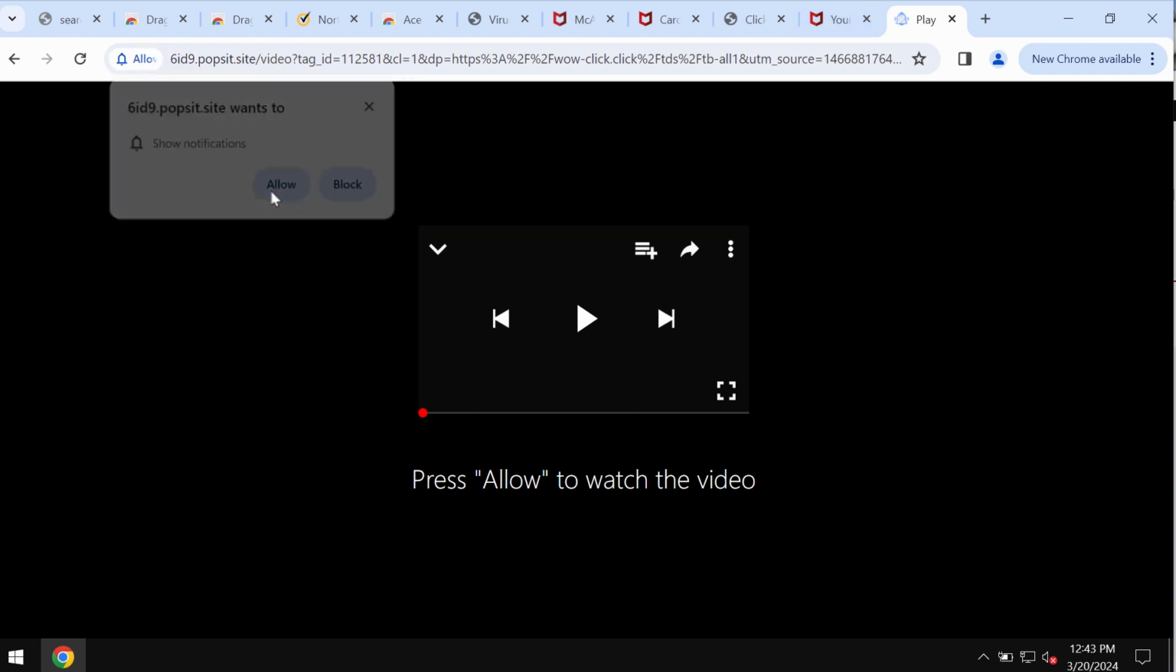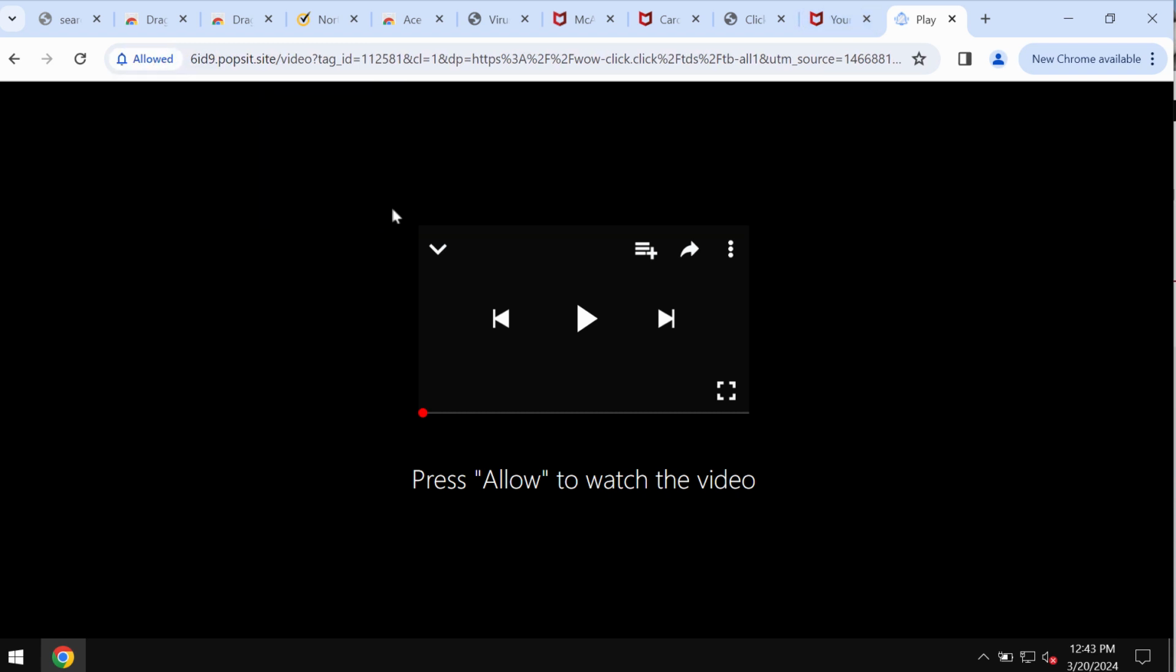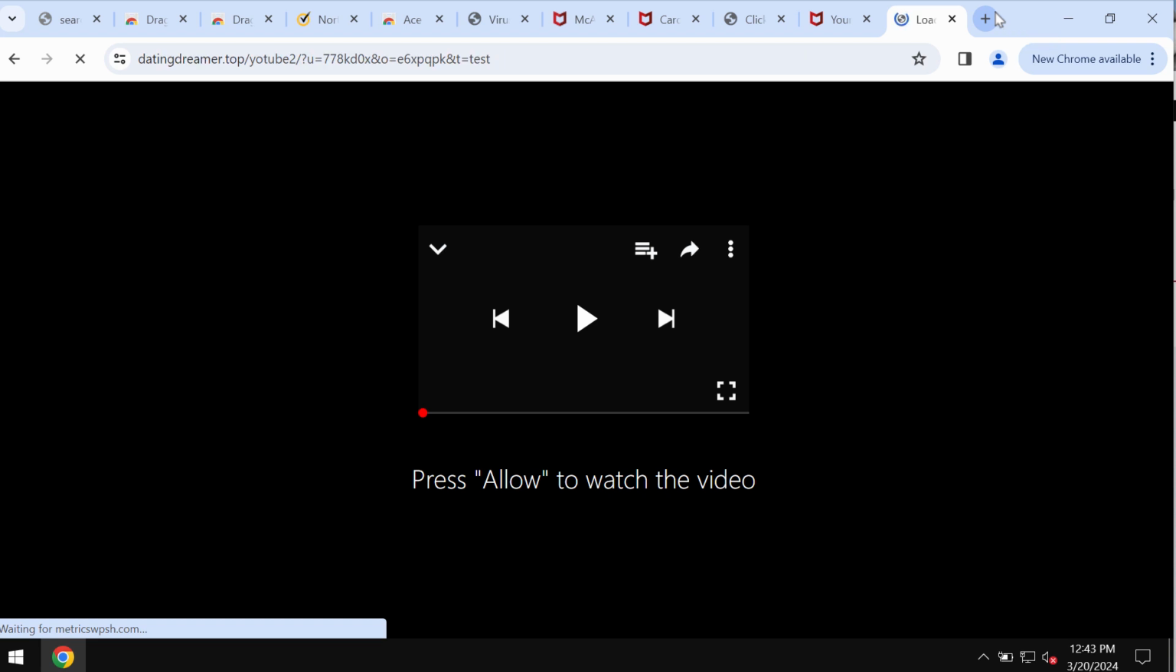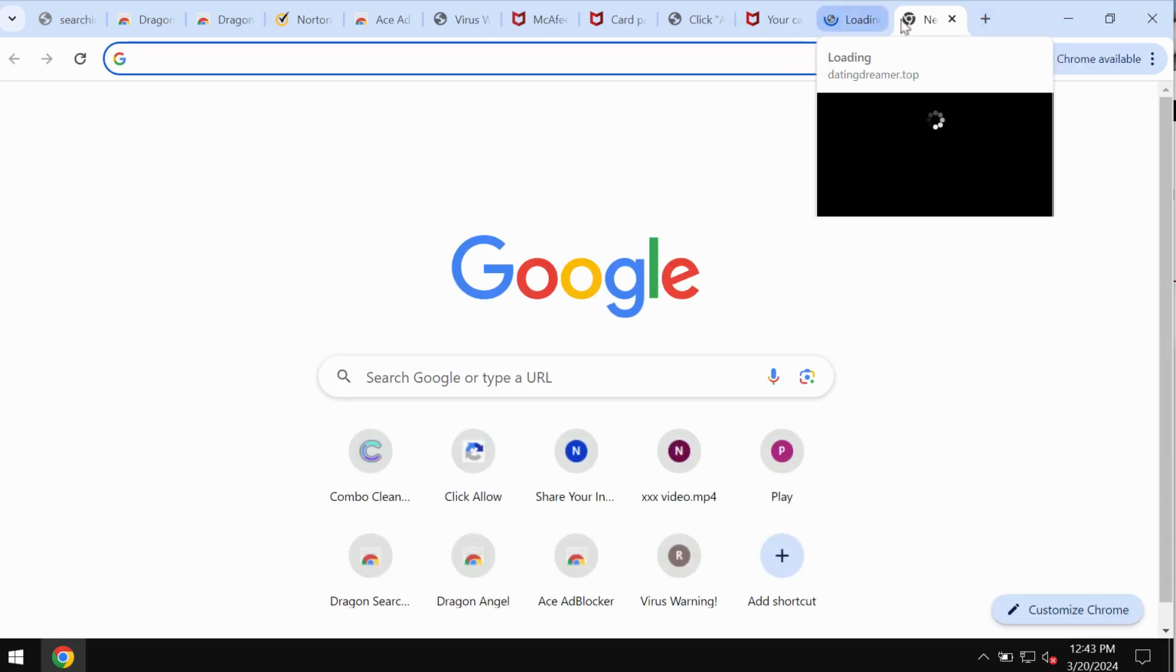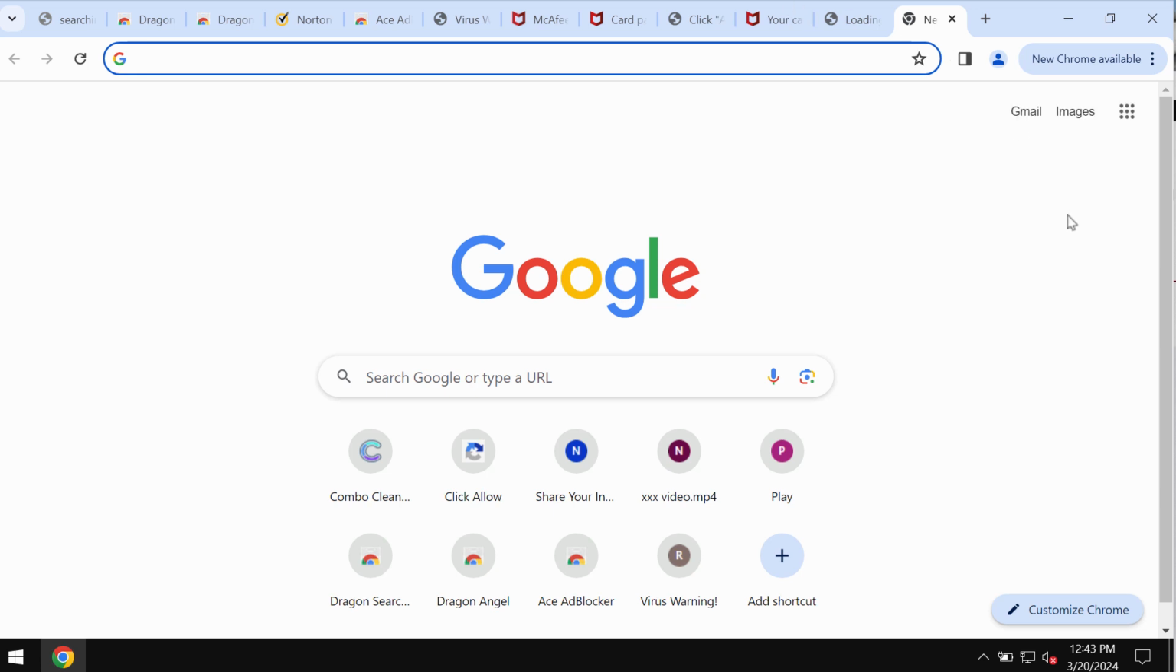It tries to make you click on allow, supposedly to help you watch some video, but to click on allow is obviously a serious mistake which may hijack your browser with a lot of annoying ads. These ads will be displayed as intrusive push notifications, and if you have mistakenly clicked on allow, you need to